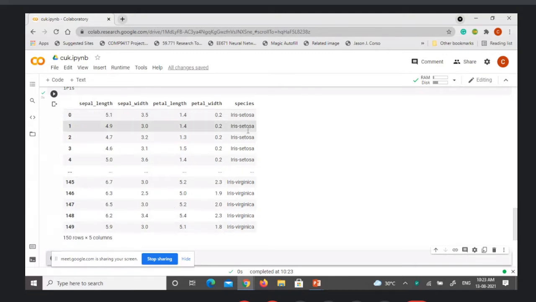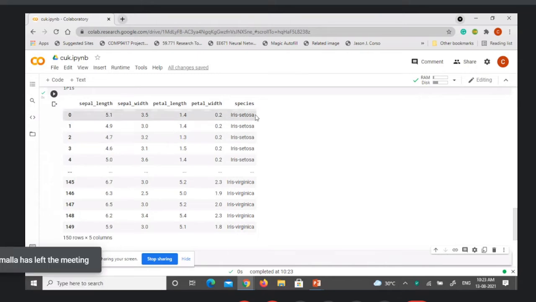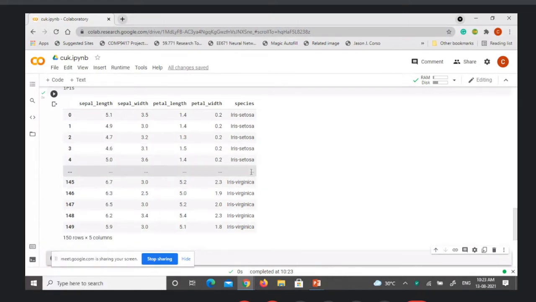For these 3 classes, the first 50 rows are for Setosa, the second 50 rows are for the versicolor class, and the last 50 are for the virginica class. So like this, the data is available to us with 4 main attributes and 1 class attribute with 150 samples.